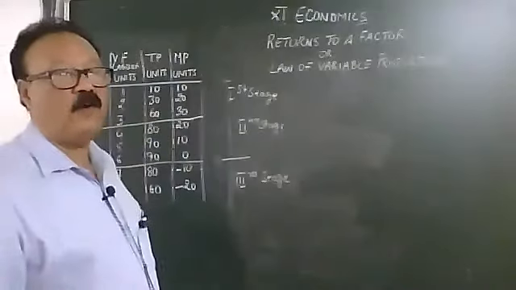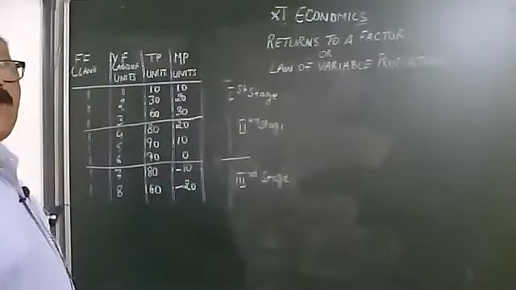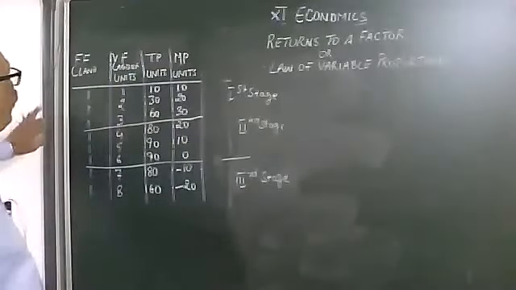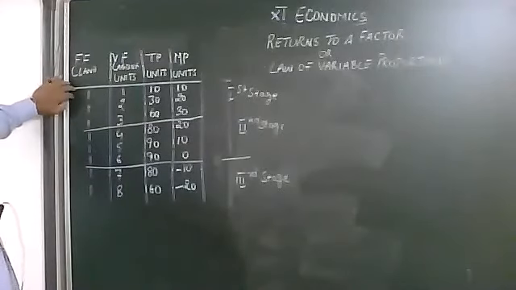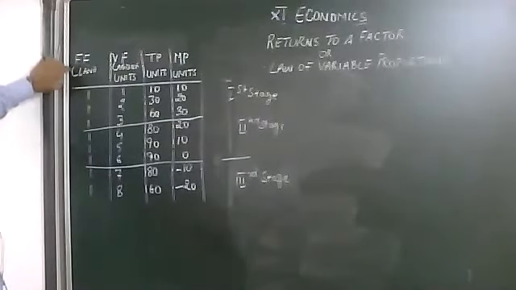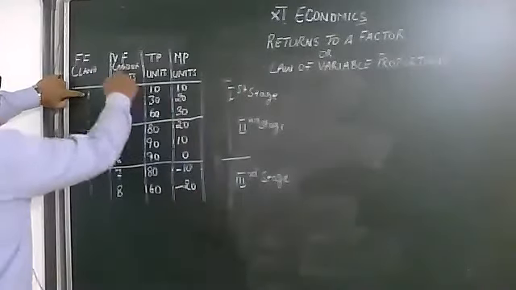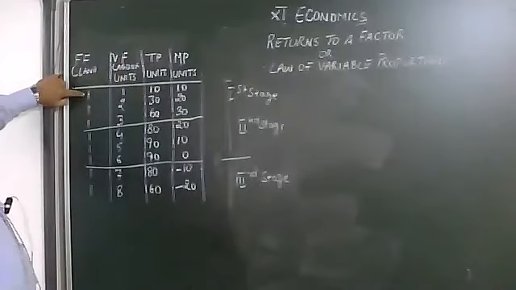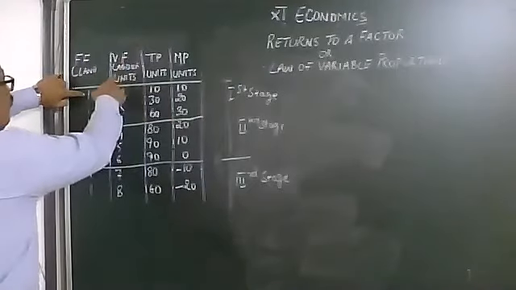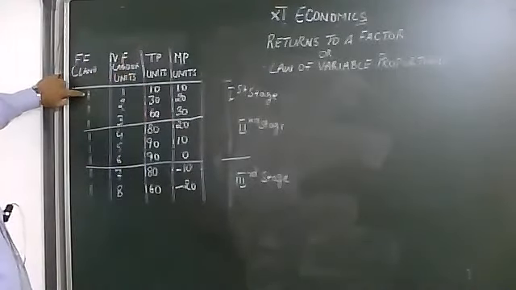Now, what do you see in the first stage, student? The law of variable proportions according to the TP. Look on the board. The first column is fixed factors. What is the fixed factor over here? The fixed factor here is land. We have 1 acre of land, let's suppose. Okay, when we employ a variable factor, for example labor here,